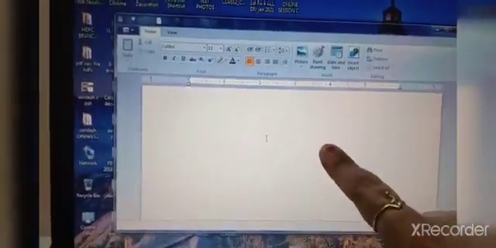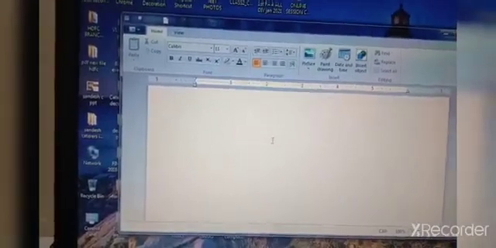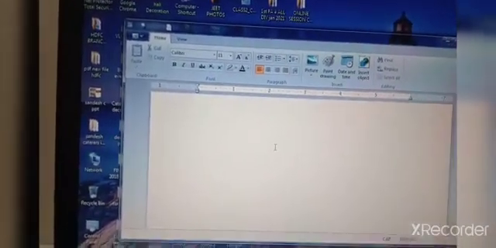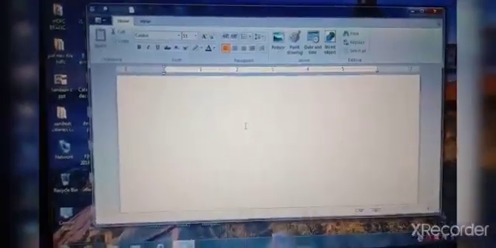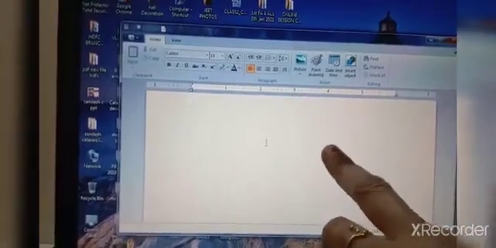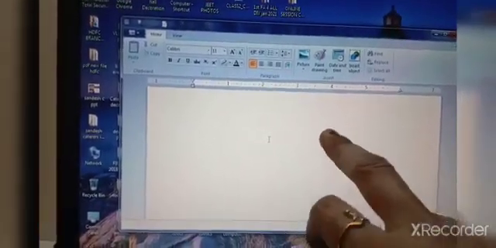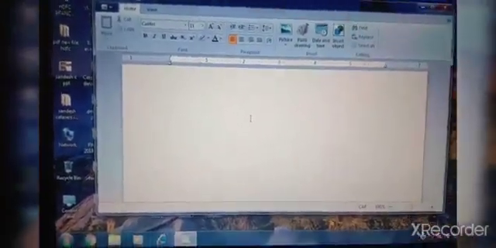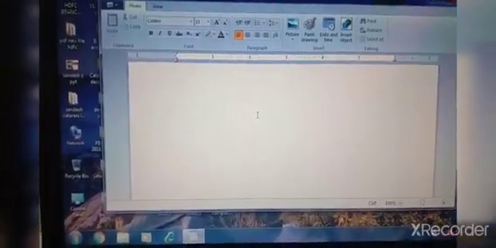Now this white paper is a drawing area. This is the working area, not drawing area, sorry. This is the work area, the document area. Okay, which area? Document area, where we actually type our text. Understood children?